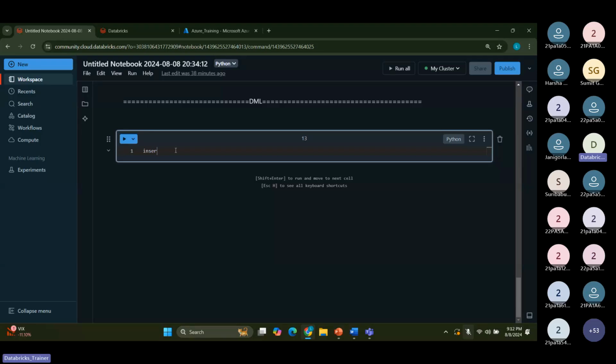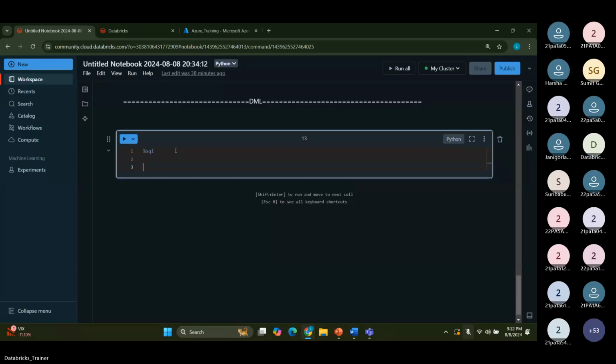It is not coming up, so let me do it through PySpark also, so that you will be able to understand. spark.sql of